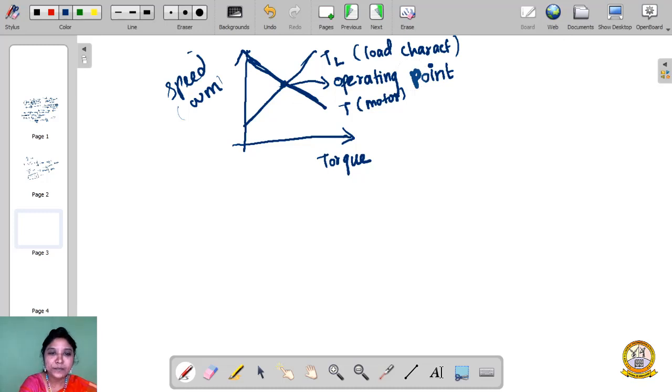Okay, this operating point, we are considering this operating point for our demonstration. So we have to check whether the case is stable or unstable. So I am marking this operating point for our consideration. Now I will give some examples, and we have to check whether this point is an equilibrium position, that is, whether this point is stable or unstable. So we are going to demonstrate. So we have some examples now.